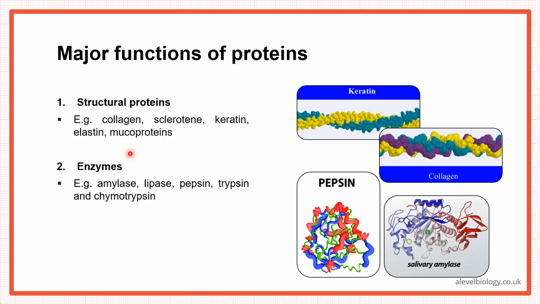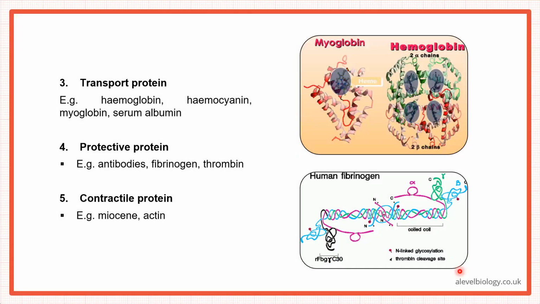Then you can think about the enzymes beta, so different enzymes: amylase, lipase, pepsin, trypsin. So you can look at the structure also. We have already done the chapter for enzymes, so we saw how the tertiary structure of enzymes is. Then they can be transport proteins, for example hemoglobin; protective proteins, for example antibodies, fibrinogen, thrombin; contractile proteins beta, actin filaments, myosin filaments, they are there in our muscles also.